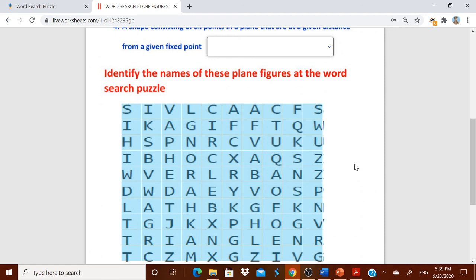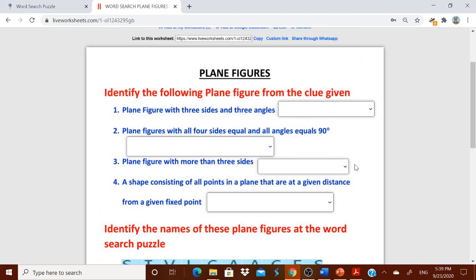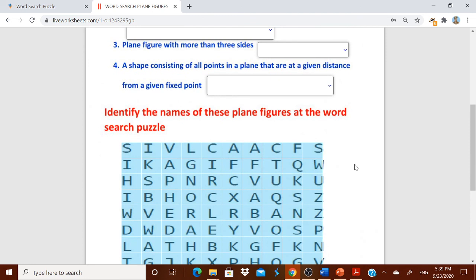Now it's highly interesting. Suppose this is actually done with mathematics. Suppose English teachers, I think they can do wonders with that. Suppose you are science teachers, always remember, first you ask some questions, let them get the words. Then from the words, let them go down and search the words over here. Therefore, for them the spelling will also come and they will really enjoy this word search puzzle. Therefore, it is very easy. Please make the grid first, make everything ready. Come back to this liveworksheets.com and make it and enjoy it.